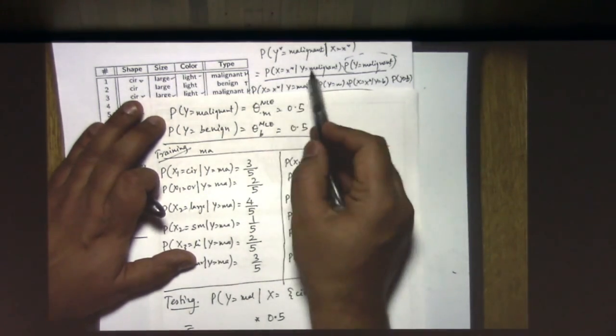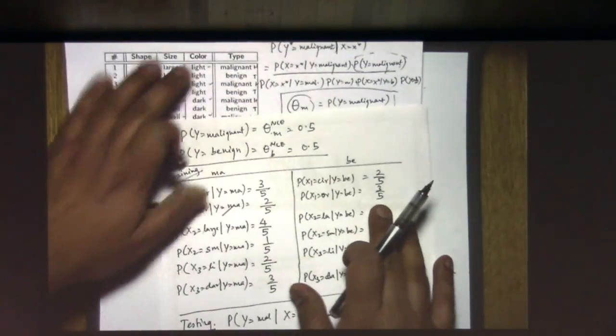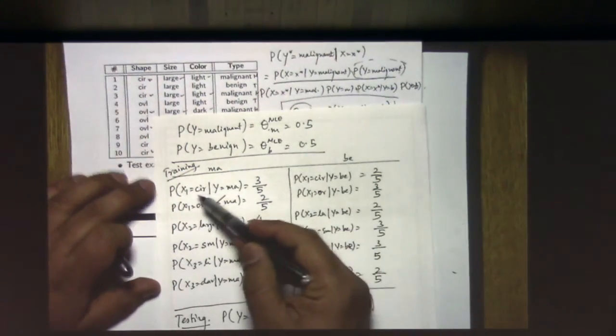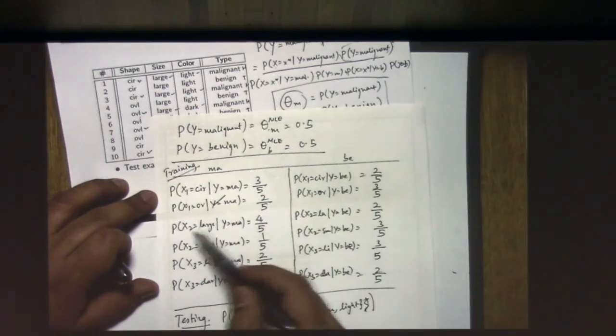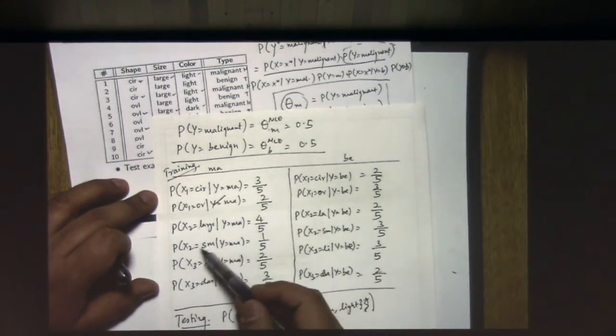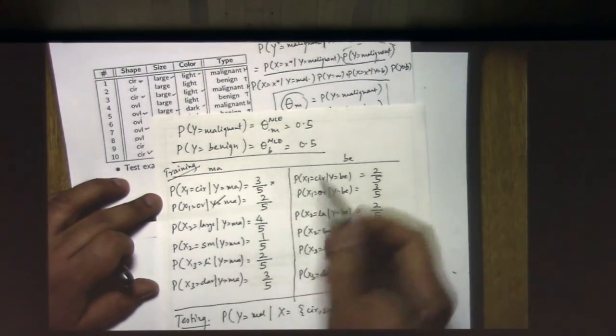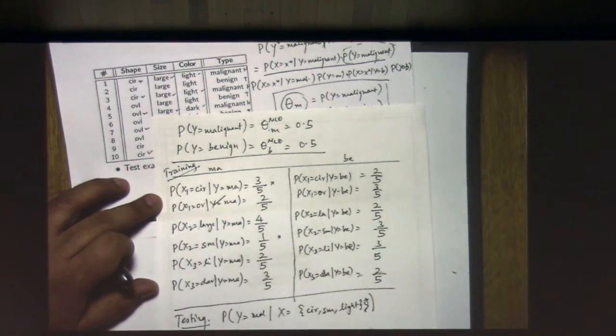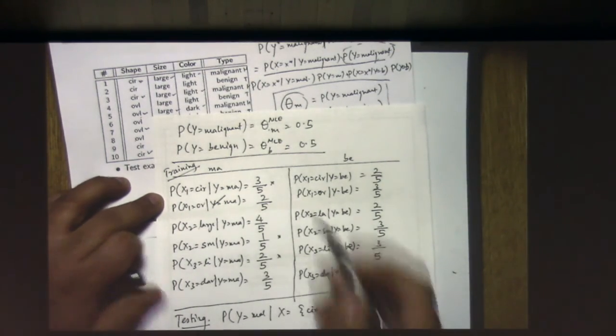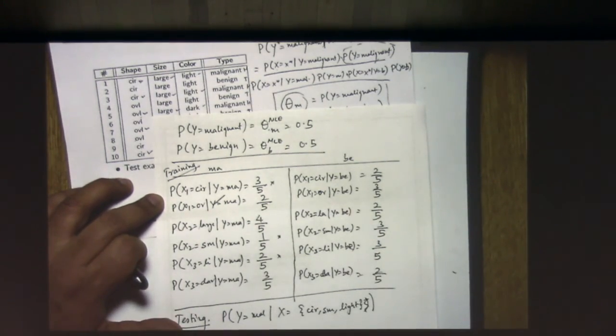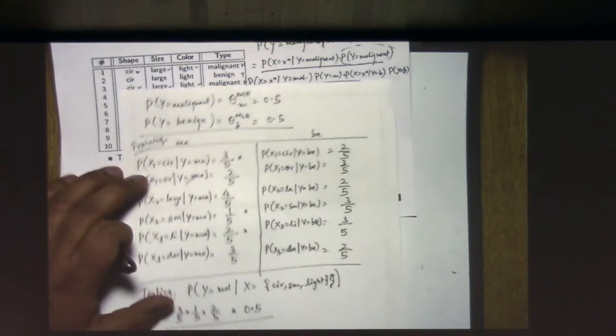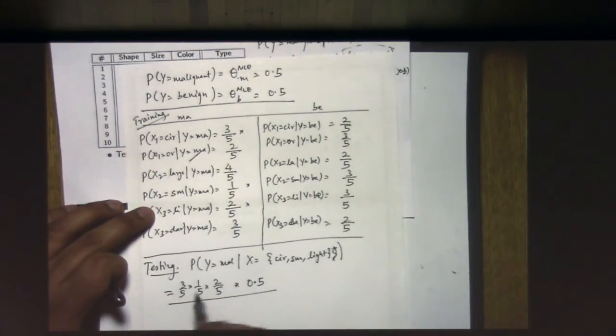Now because we are making the Naive Bayes assumption, this becomes x1 equal to circular, x2 equal to small, and x3 equal to light, right? So it will be 3 by 5 times 1 by 5 times 2 by 5, right? Divided by the denominator, which would have this